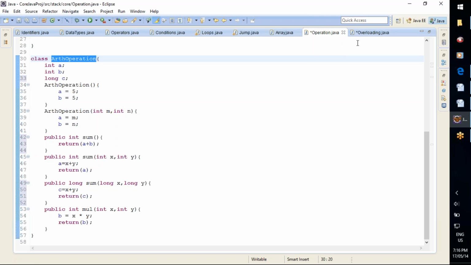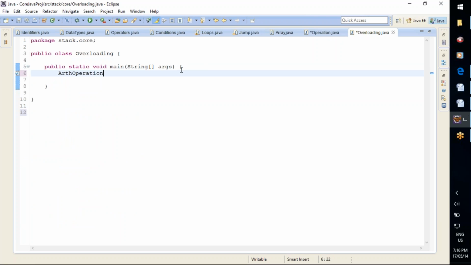Control C. I will define two variables of this type, AOP1 and AOP2. Two variables were declared of type automatic operation class. Now create first object instance is equal to new